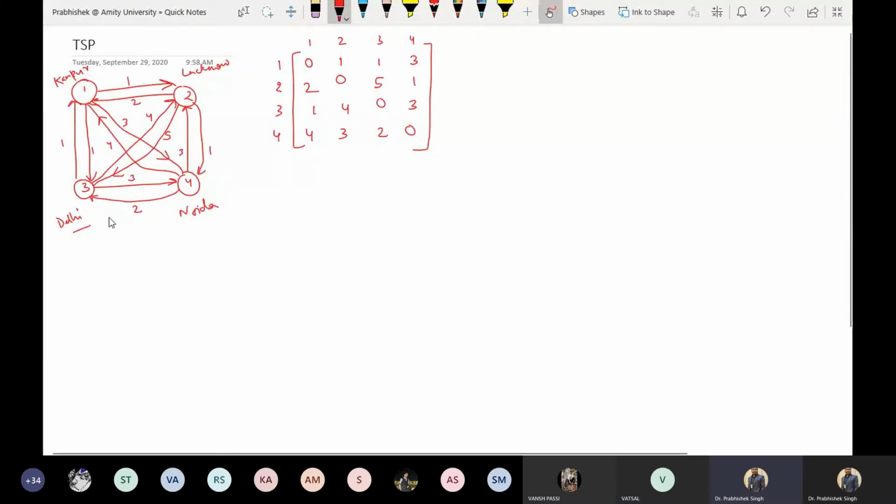Or if I have to go from Kanpur to Noida, there is already a path of weight 3, cost 3. So is there any other path from Kanpur to Noida which is lesser than this? This is the type of question which we were solving in yesterday's Floyd Warshall problem. We were computing the distance between every two vertices and every other two vertices. This is what we were doing in Floyd Warshall. But what we will do in